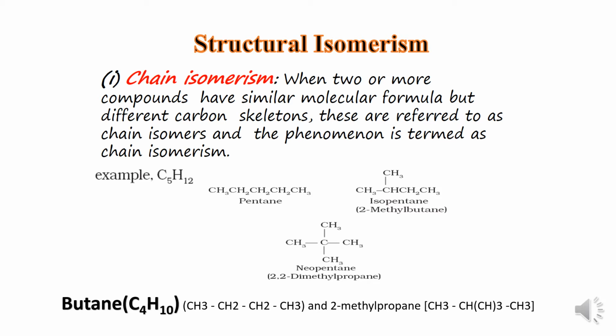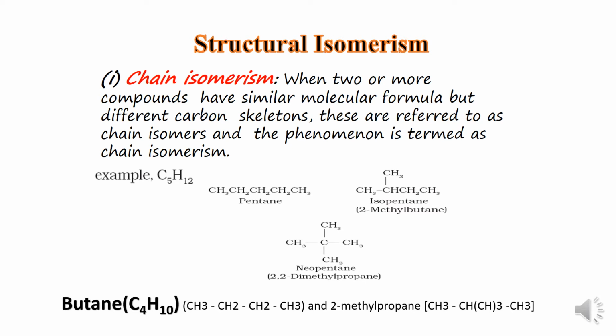These are the three possible structural formulas for the C5H12 molecule. Number 1, normal pentane, where there is a chain of 5 carbon atoms bonded with single covalent bonds, and the other valencies of carbon are fulfilled by bonding with hydrogen atoms. Second compound is 2-methyl butane or isopentane, where the parent chain is of 4 carbon atoms and the 5th carbon atom is present as the side chain. If you count the carbon and hydrogen atoms in this compound, you will also get C5 and H12.